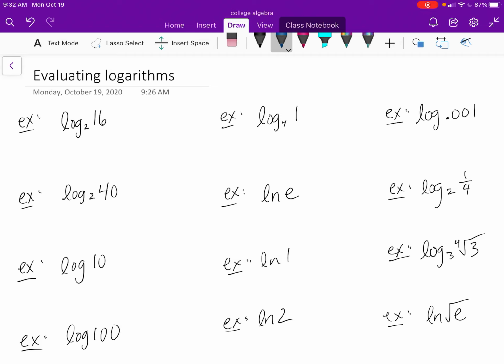All right, I have laid out 12 examples of logarithms and natural logarithms here. Sometimes the best way to get accustomed to them is just seeing plenty of examples and seeing all the little tricks that you might encounter. So let's take a look at some of these, some a bit more basic than others, but start with log base